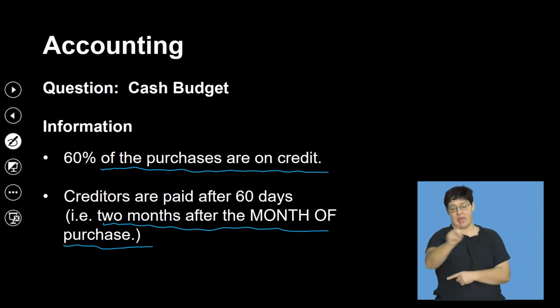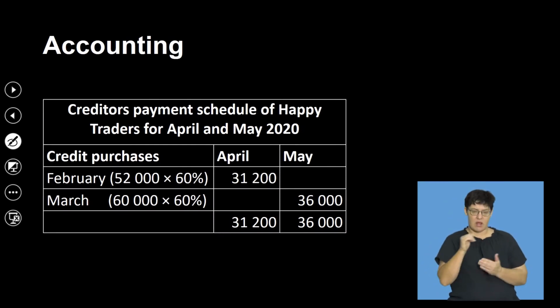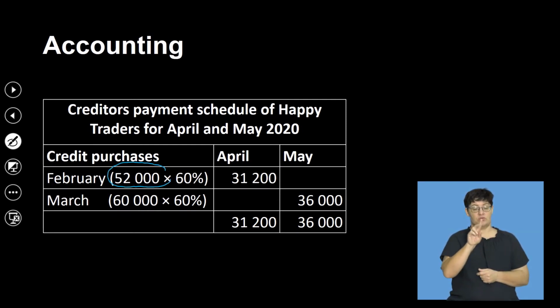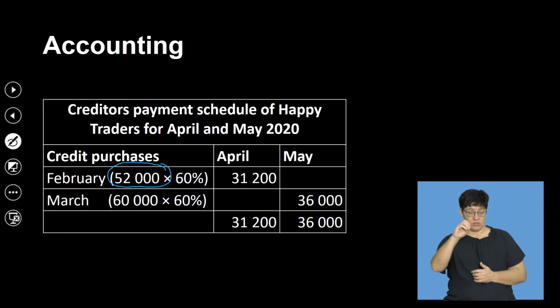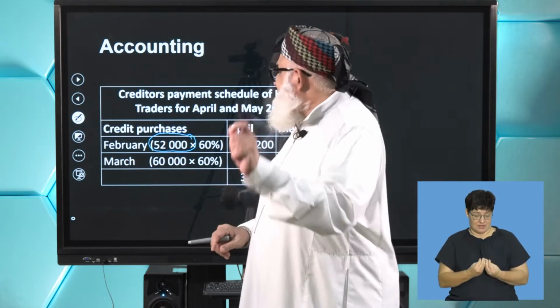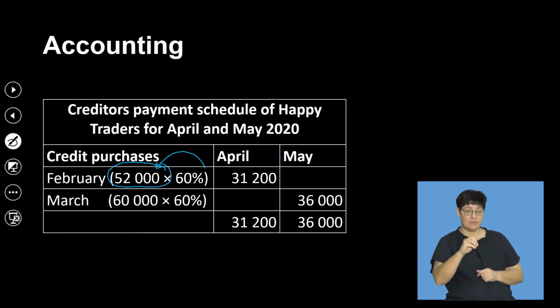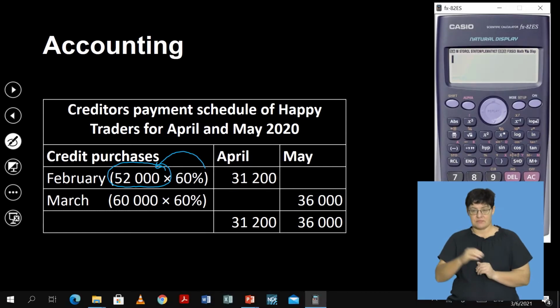That's important. So if we look at our creditors payment schedule here, we need to ascertain firstly, in February, we purchased goods to the value of 52,000 Rand. Remember, the credit purchases figure is what you want. In this case here, we're looking at the 52,000 Rand as the total figure of our purchases, but 60% of it is on credit, so you'll take 60% of the 52,000. If you take your calculator and take 52,000 times your 60%,